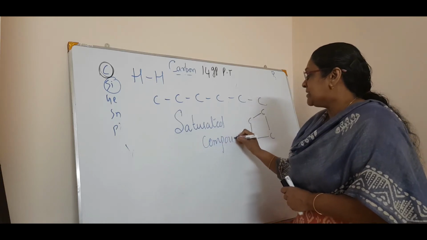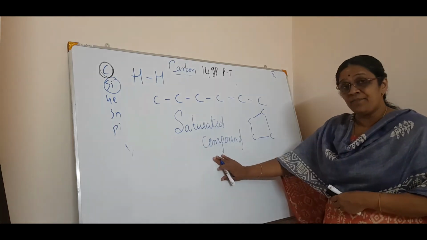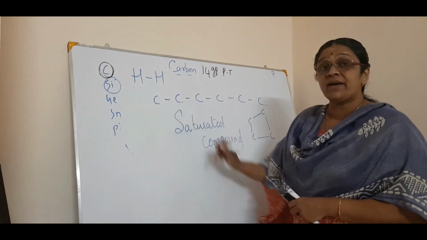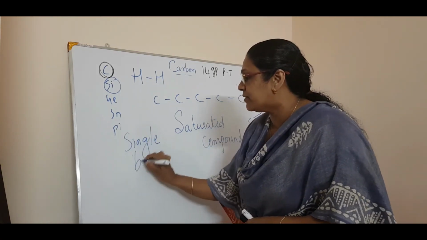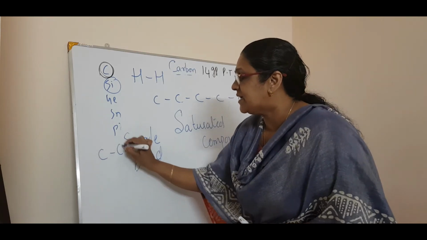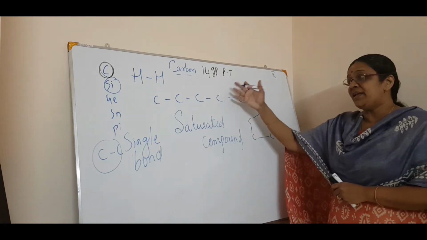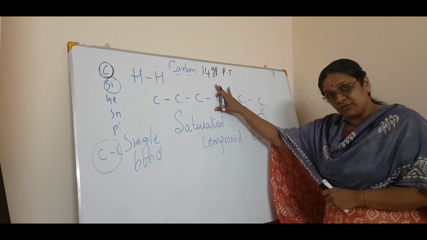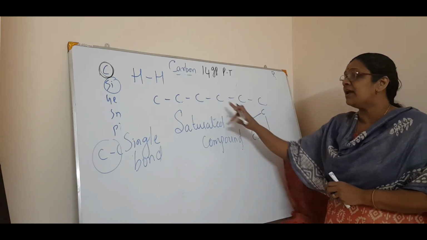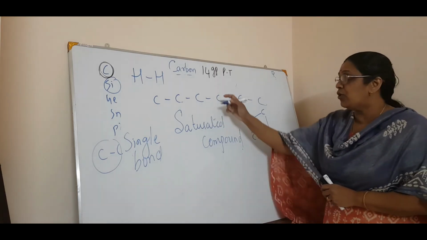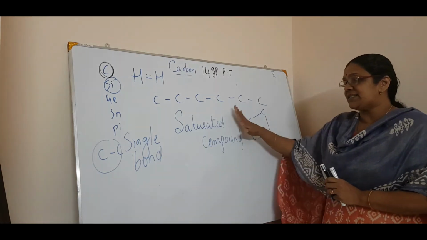Very important. Saturated compound. And now what are saturated compounds? Saturated compounds are compounds having carbon-carbon single bond. The value point is carbon-carbon single bond. So, carbon-carbon single bond, you call it as saturated compound. Okay, it can happen in open chain, then closed chain, etc. Just see whether it is linked by a single bond. And you know how a single bond happens? 2 electrons. You have drawn that, isn't it? So, this is called as saturated compound.